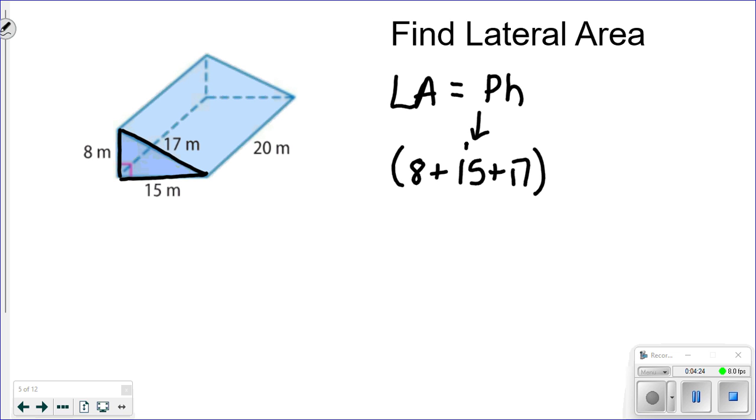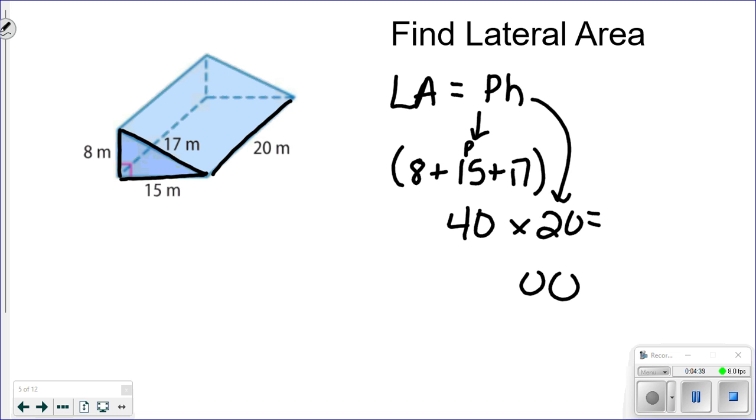This is going to be my P. That gives me 40. Now I'm going to multiply by the height of that prism, times 20, and that gives me 800 meters